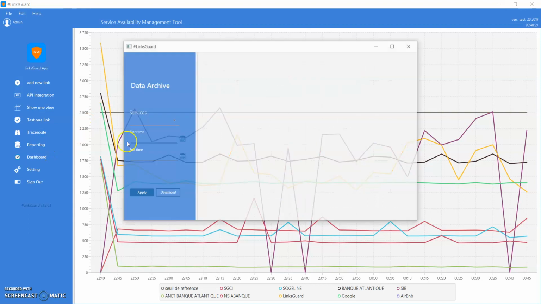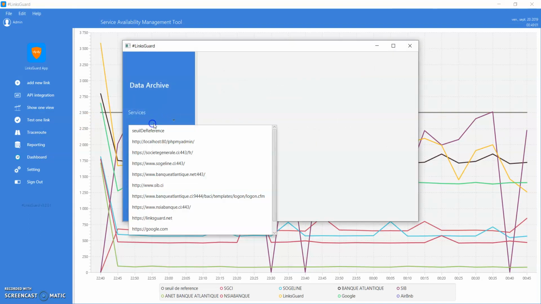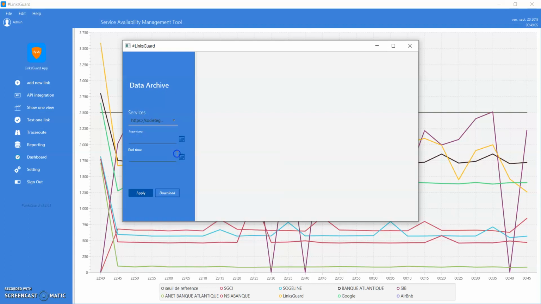You can also do reports. Some reports are available through the application.